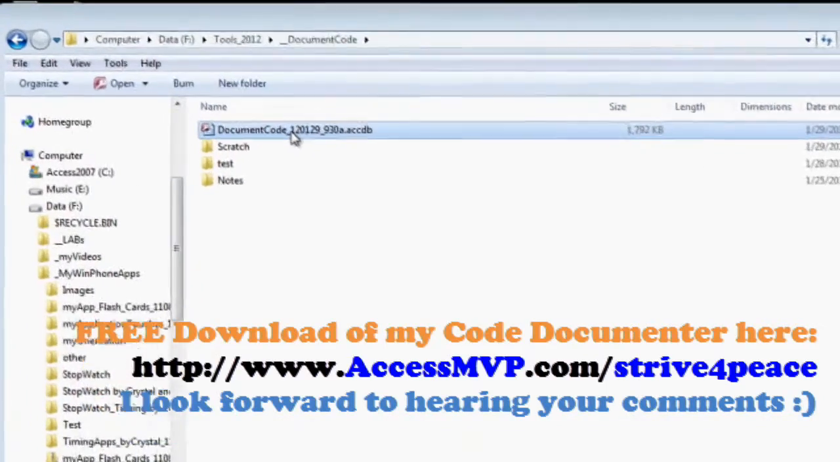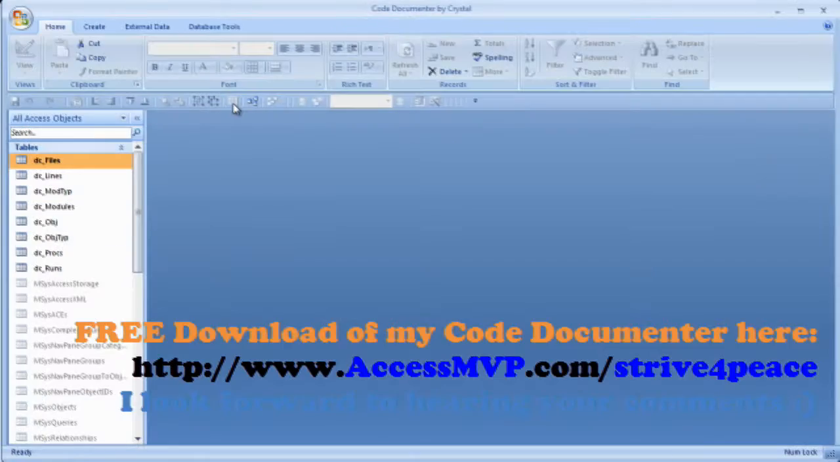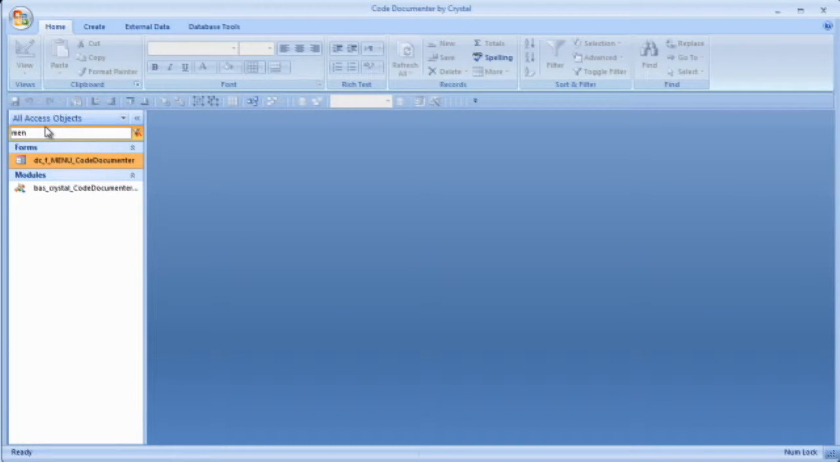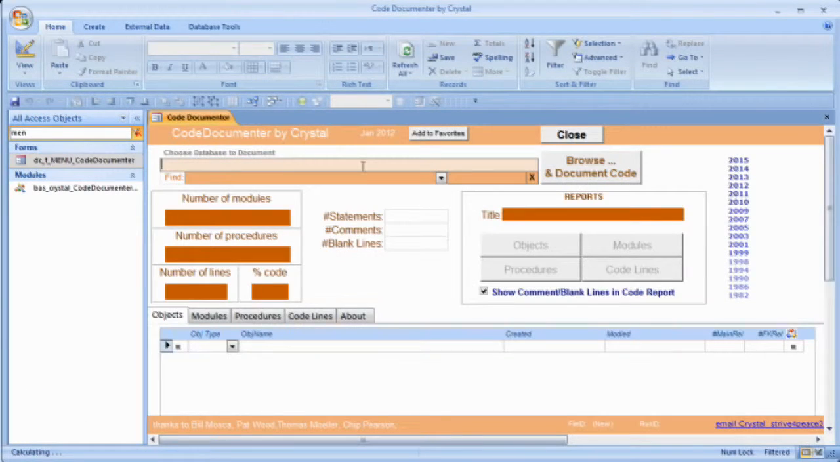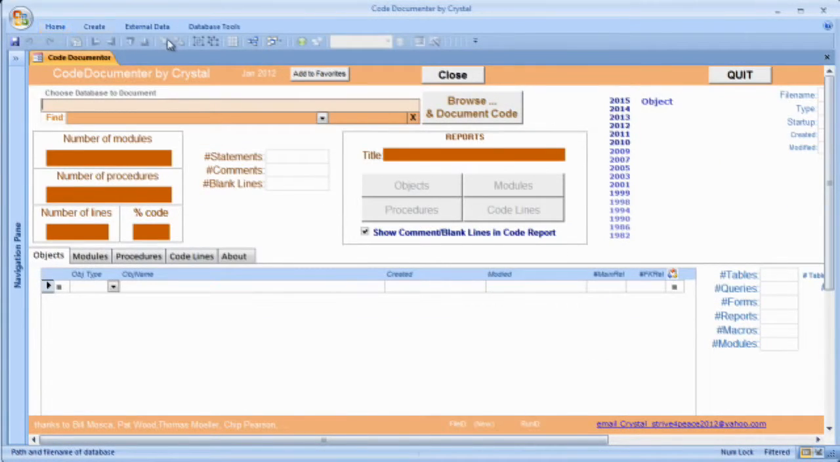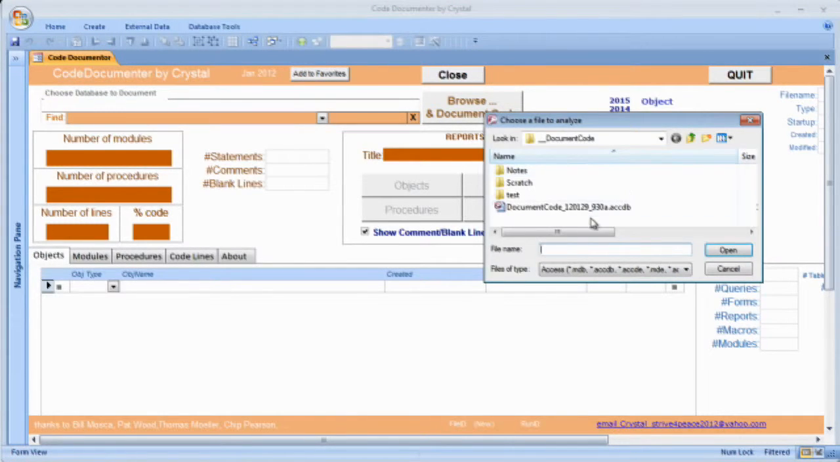This is my latest tool. It's a database documenter. I'm going to open the main menu. I'll just type men in here, and there's my main menu. Collapse the navigation pane. Double-click a ribbon tab to collapse the ribbon, and now I will browse, and I'll document